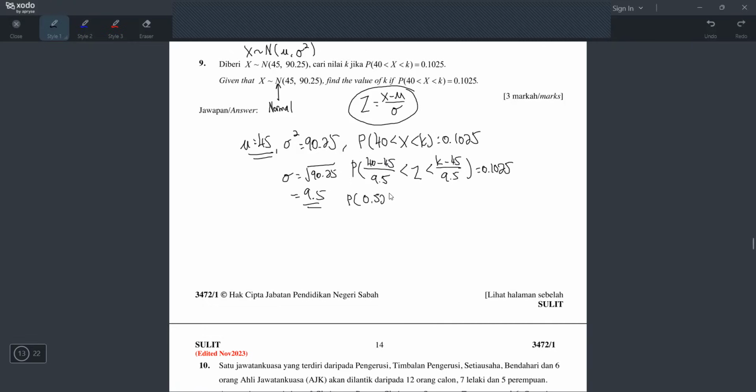But why write 3 decimal places? Because when you look at your jadual later, when you baca outside, you can only baca until 3 decimal places in your jadual, right? That is why we only write 3 decimal places. And by the way, this one later we have to baca outside. We have to tengok outside, bukan tengok dalam. We have to baca luar. Kenapa baca luar? Sebab dia bagi